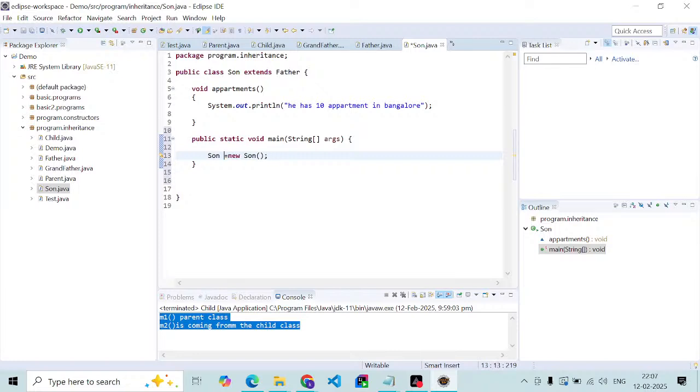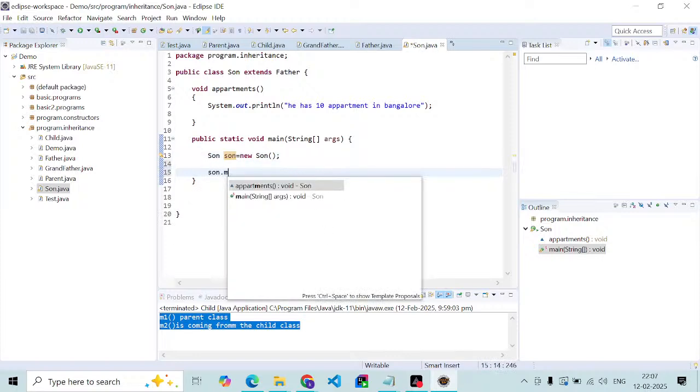If you give any name, it will take it, but it should be relevant. No, this is not relevant. You should give the relevant name. I am giving the relevant name. So the son details I am storing in the son variable. This is the relevant name. Okay, and now I am calling the methods, son dot m1 method